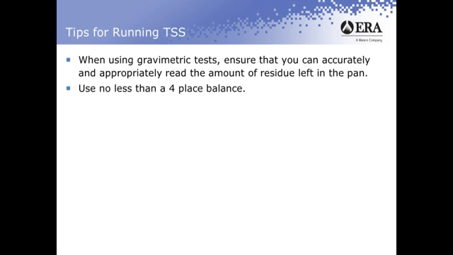Also, with your 4-place balance, you want to make sure, again, that you're putting enough residue on that balance to counter what we call balance uncertainty. And what that means is, if you ever run your analysis and you look at that 4th decimal place in your balance, a lot of times you'll see that the number in the last place of the balance will go up 1 number and down 1